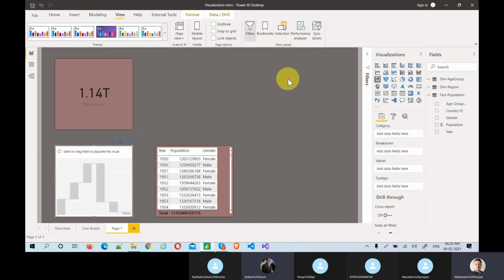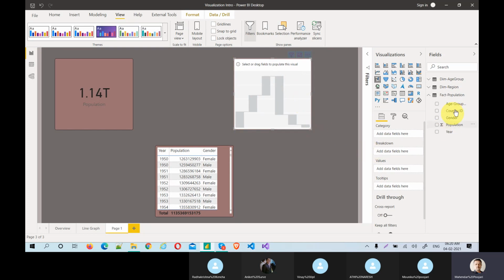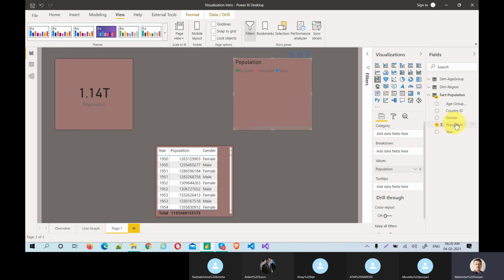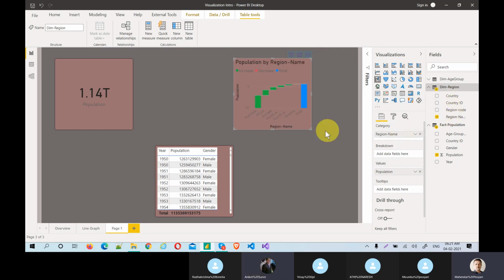So let's create this ribbon waterfall. Population into this value, and the category would be region name. So let's see.